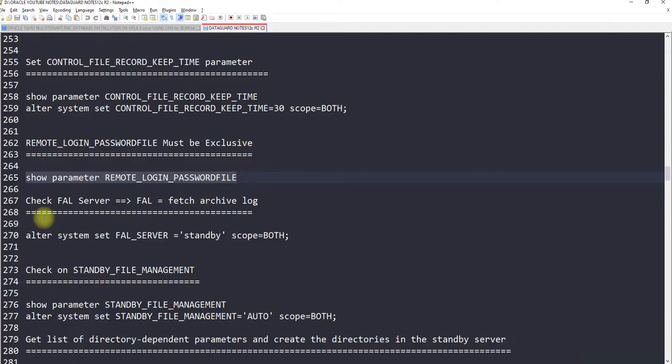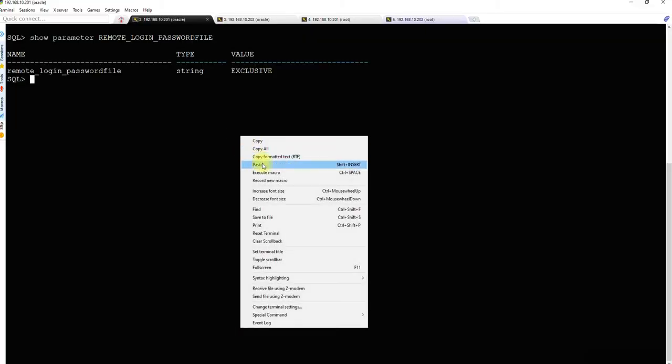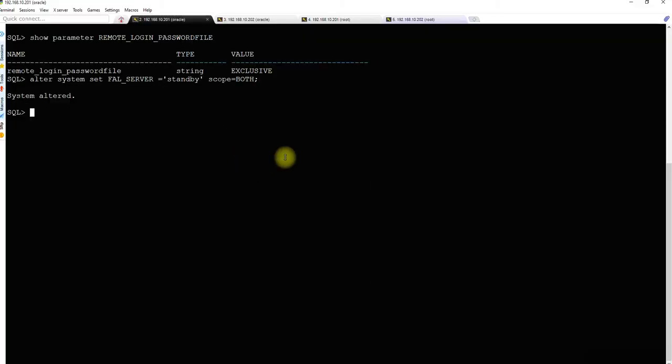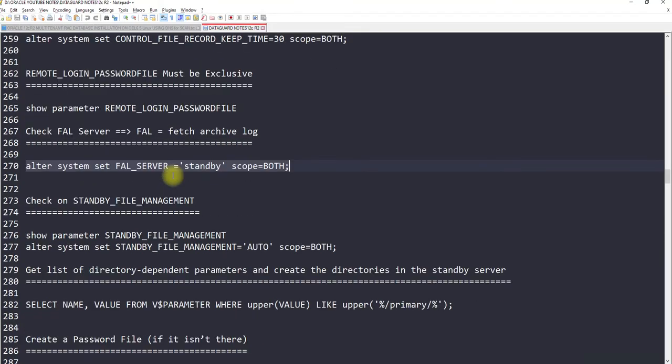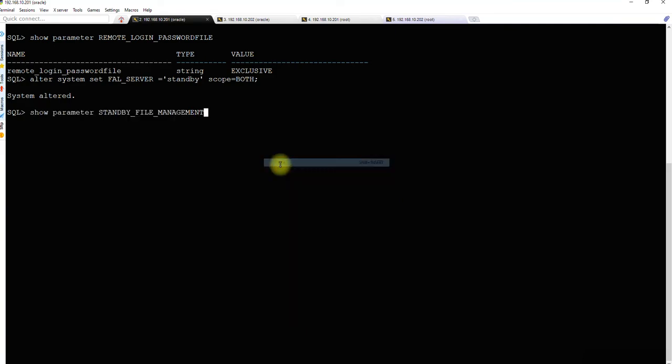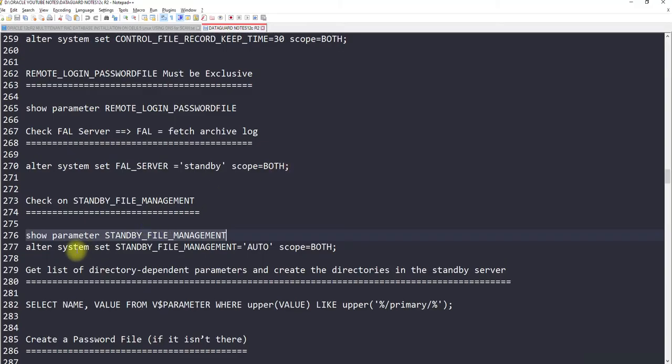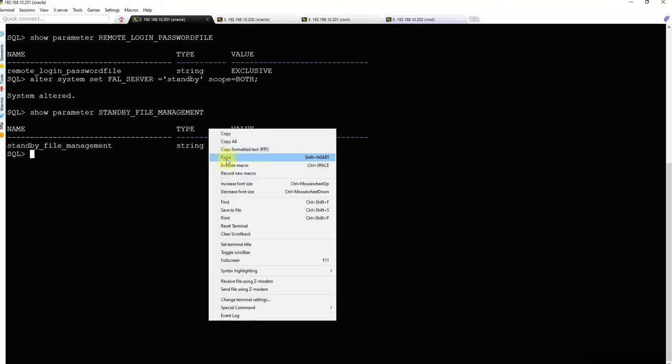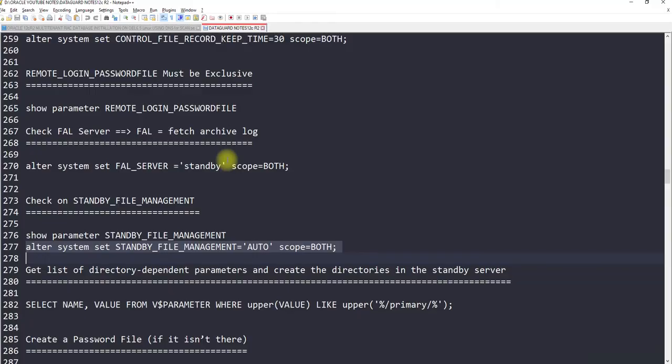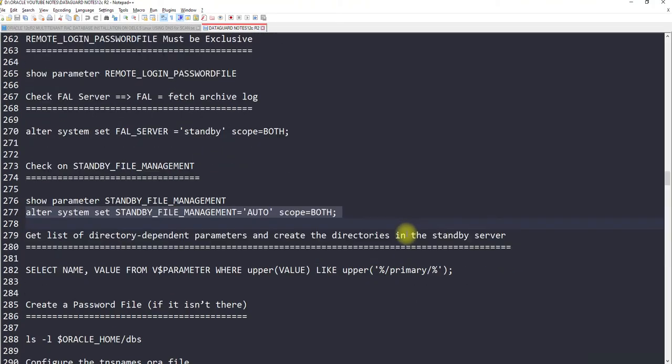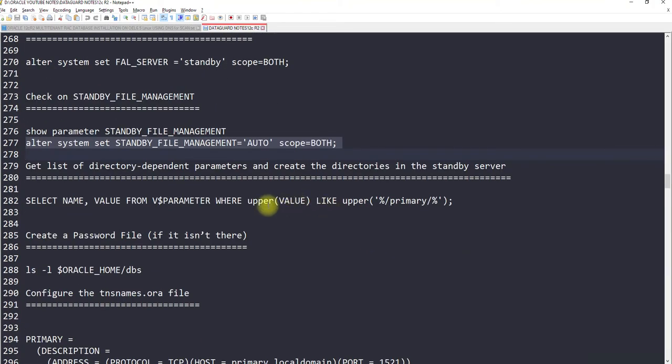Yeah, let's set up the file server. Let's check the standby file management, it needs to be auto. I will be attaching this documentation for your help.